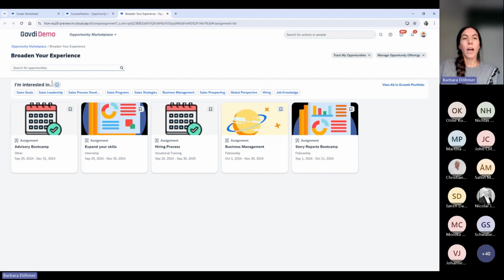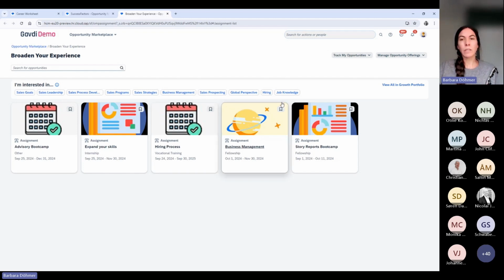So this part here that says I'm interested in, you can, based on the skills and attributes that you create and maintain on your growth portfolio, help the marketplace refine the offerings of the recommendation it gives to you.